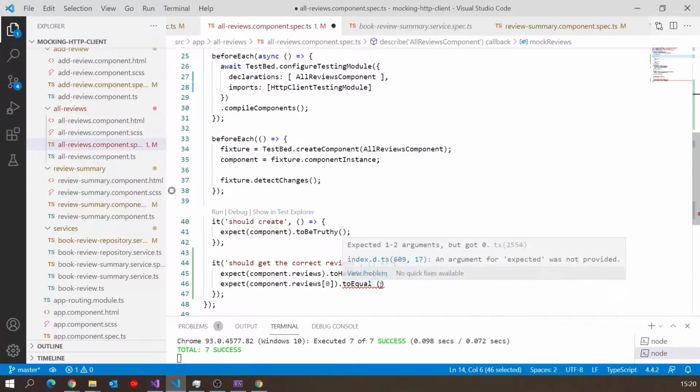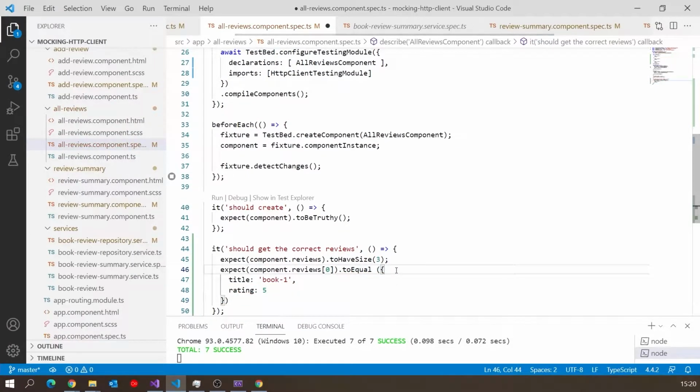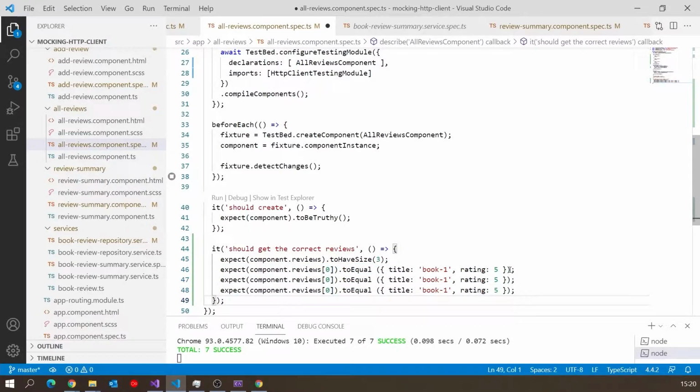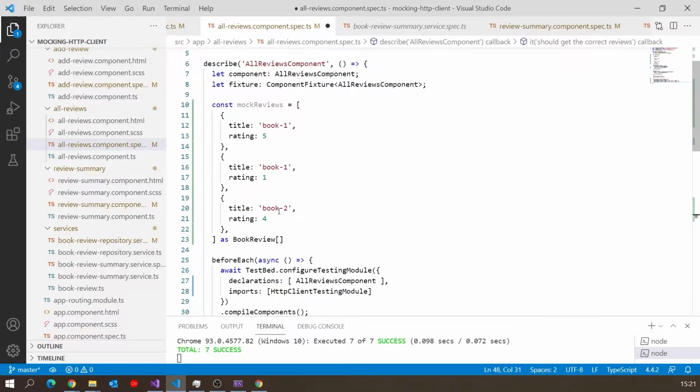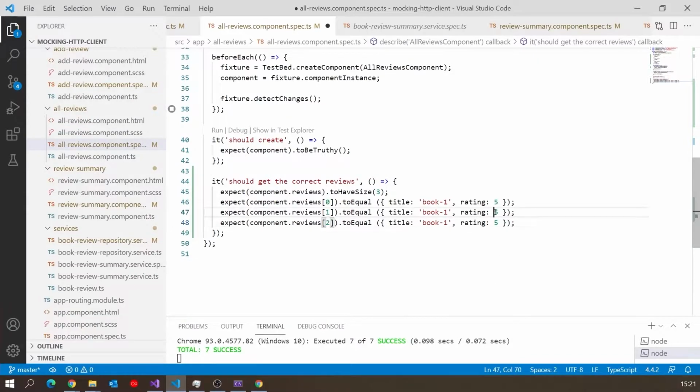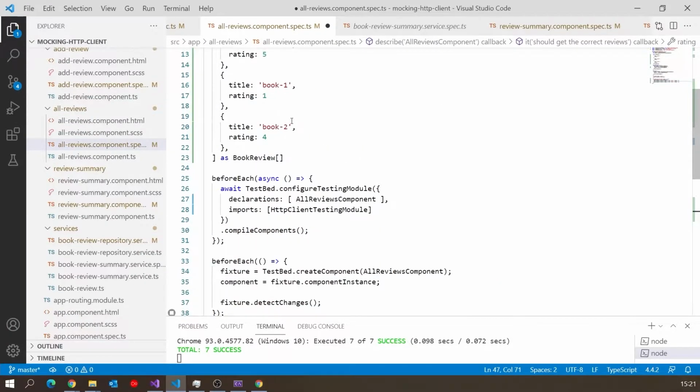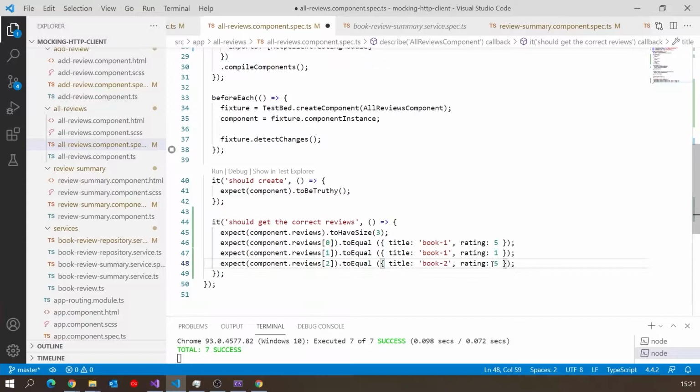Book 1, rating 5, pop that in there, tidy it up a little because it doesn't really need to be on multiple lines. And that's that one. And then we're going to be thorough, so we'll test all 3 of those. So 0 and 1 and 2. And again, if you look up here, the second one was book 1 with a rating of 1. Third one was book 2 with a rating of 4. So that looks like it should be our test.